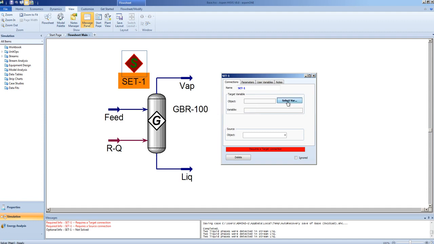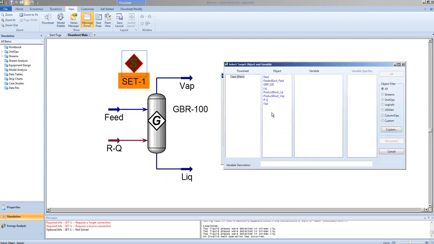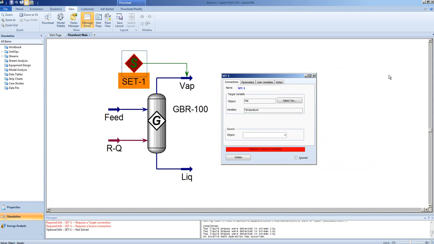So we will select the target variable. In this case, the target variable is going to be the vapor temperature,